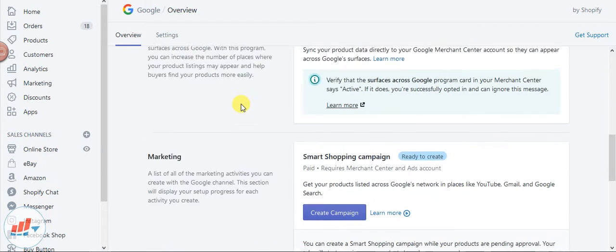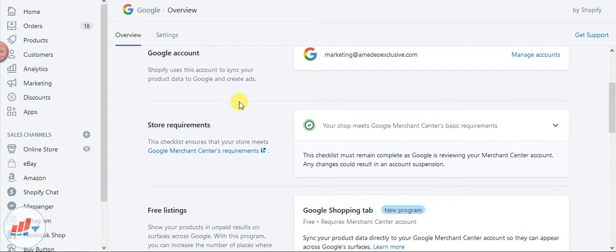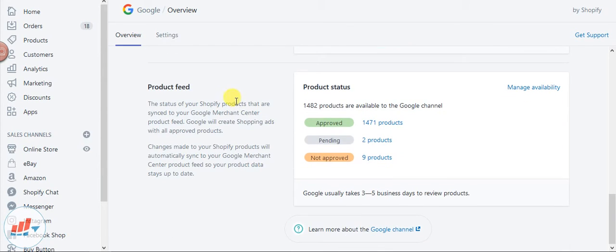So let's go to the product feed and check the product feed first of all, like how Google is reading the data.